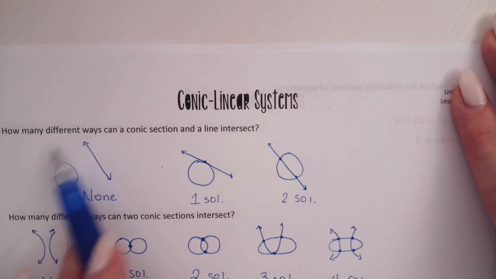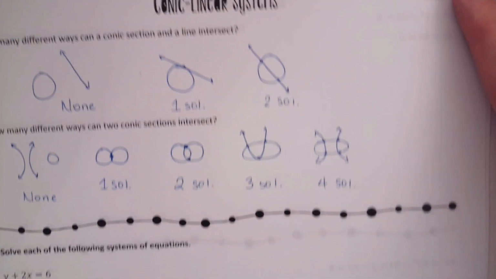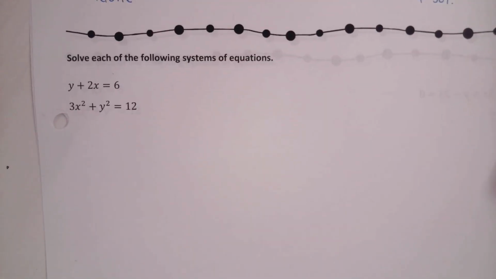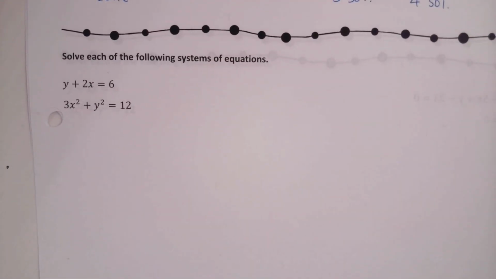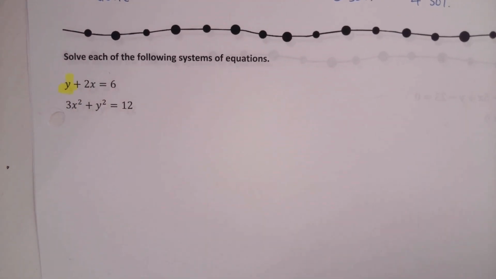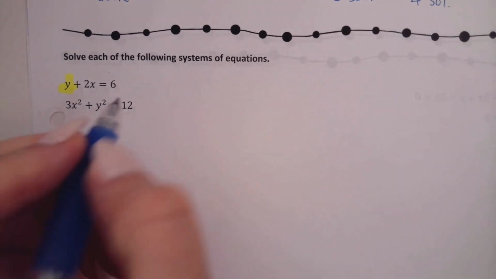Today we're just focusing on a conic intersecting with a linear function, a line. To do these, we're going to use a method that we learned in Algebra 1. It's called substitution. In order to substitute, you're going to need to isolate a variable. Looking through both of these equations, which variable looks the easiest to isolate? The first y, right there. To isolate that, we would subtract the 2x, giving us